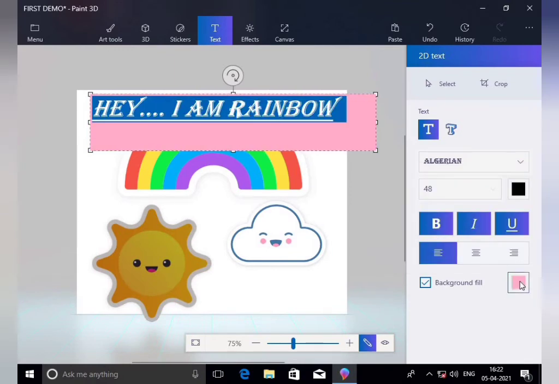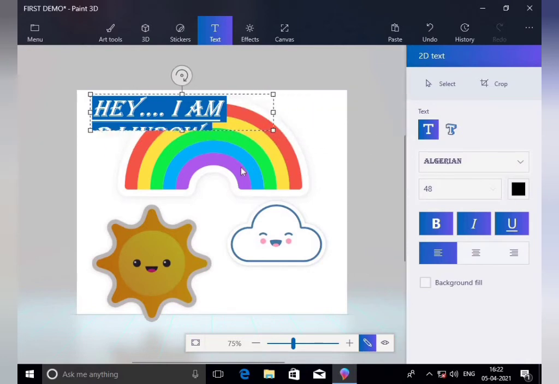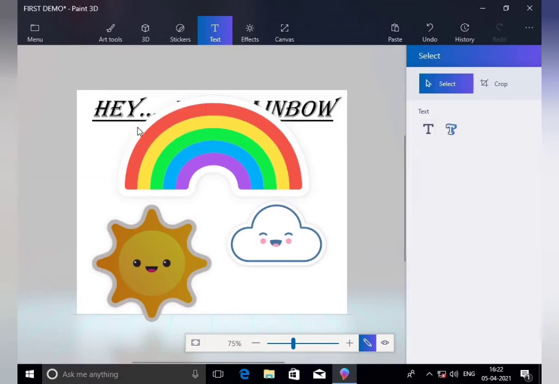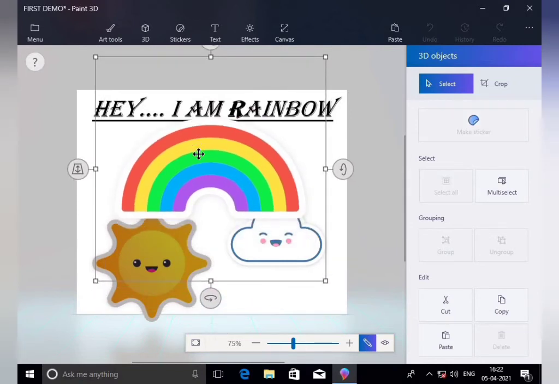If you want this background color, so fill it, otherwise it is okay, no fill background. See, so it comes in the background of the picture. So we have to arrange it a little more.